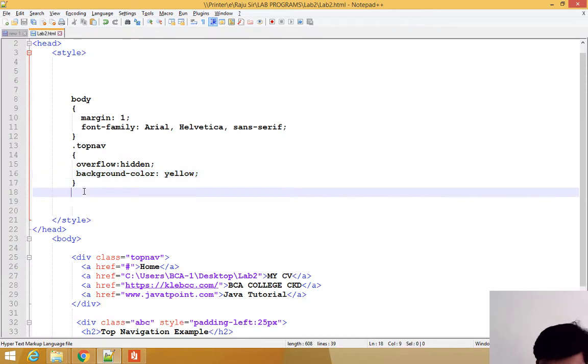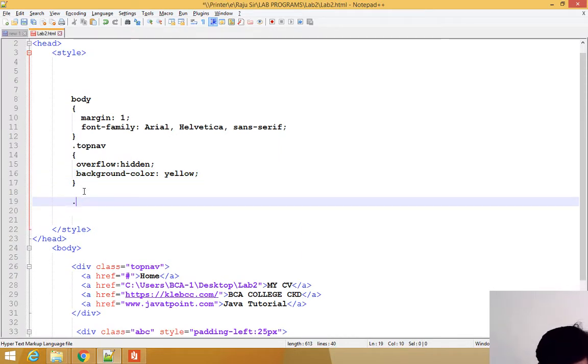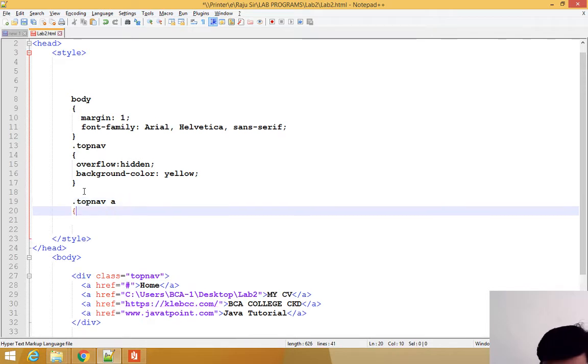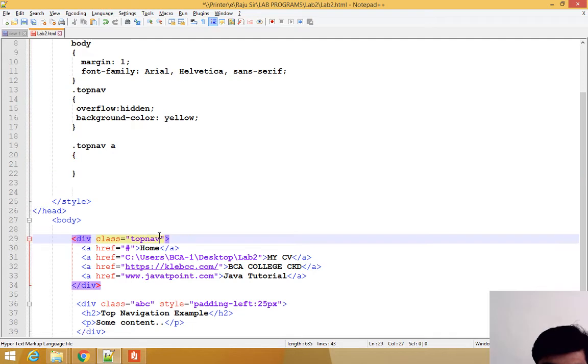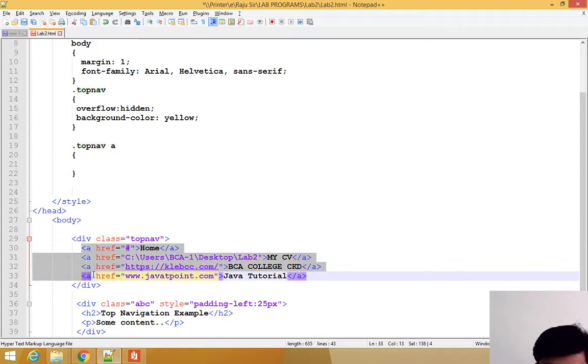How do you remove it? Just dot top navigation, then write A. Why I take that A, I will tell you. Here I am using top navigation, which is the name of the class selector. If you want to use all tags at a time in CSS, you have to use dot top navigation like this.